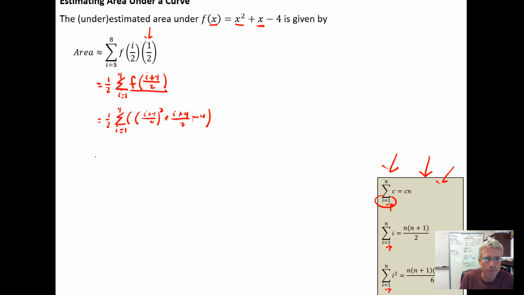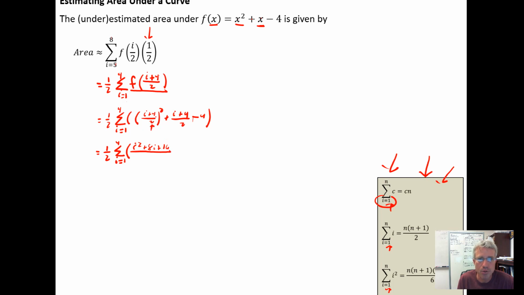Close off the parentheses here, and then we start simplifying. I get 1/2 times the sum from i equal 1 to 4. Parentheses, I need to square out the i plus 4. So if I square i plus 4, do i plus 4 times i plus 4, I'm going to get i squared plus 8i plus 4 times 4 is 16, and this will all be over